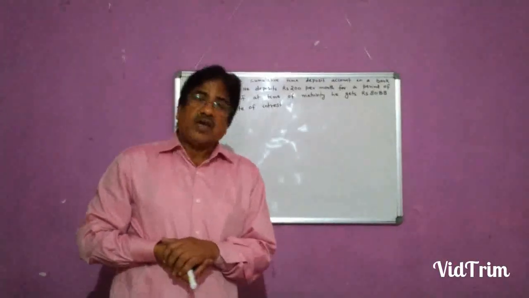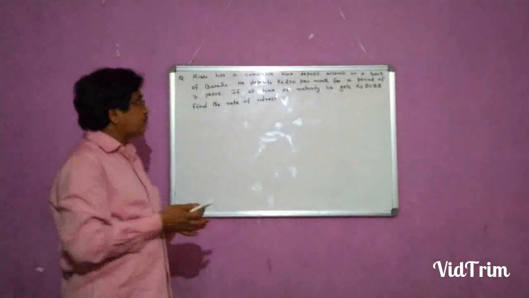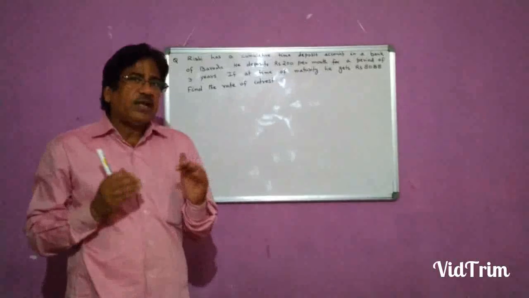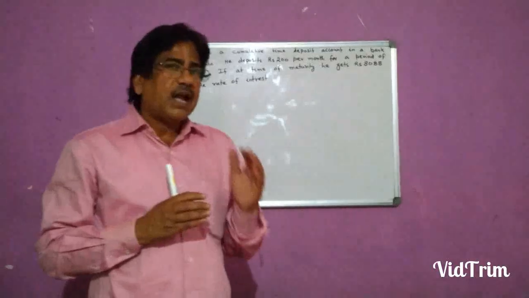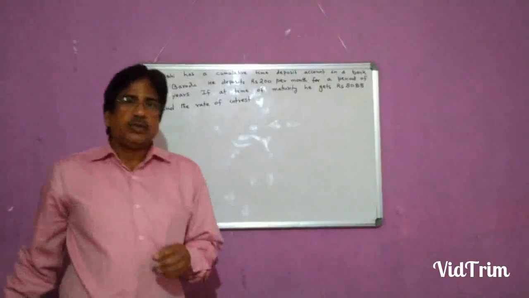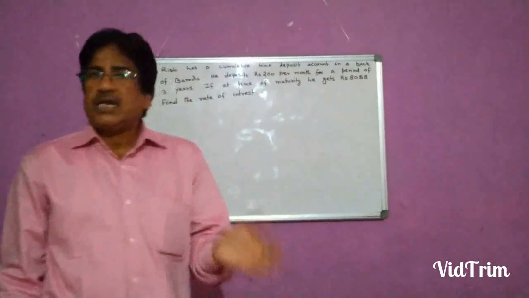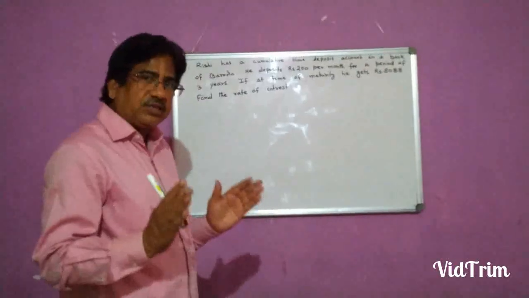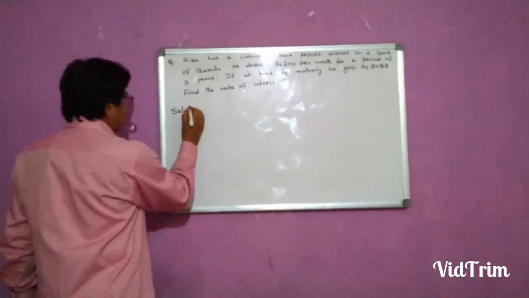But finally, after the completion of the time, Rishi gets 8088 rupees. So you can very easily find out the interest that Rishi has obtained. How? Just subtract the total deposit from the maturity amount, and you will come to know the interest obtained by Rishi. And then after that you can find out the rate percent. So the procedure, the method is the same. In the same way we will proceed to find out the rate.